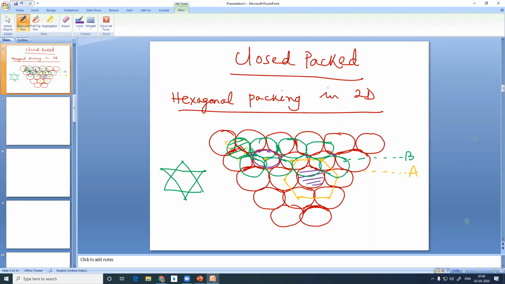You put red, it will be exactly corresponding to the first layer, ABA. Then again you see the holes where green is visible, right? Again it will be B. And again you see the fifth layer where red is visible. It will be again red. So AB, AB, AB will be generated, and that always we use the tetrahedral holes.